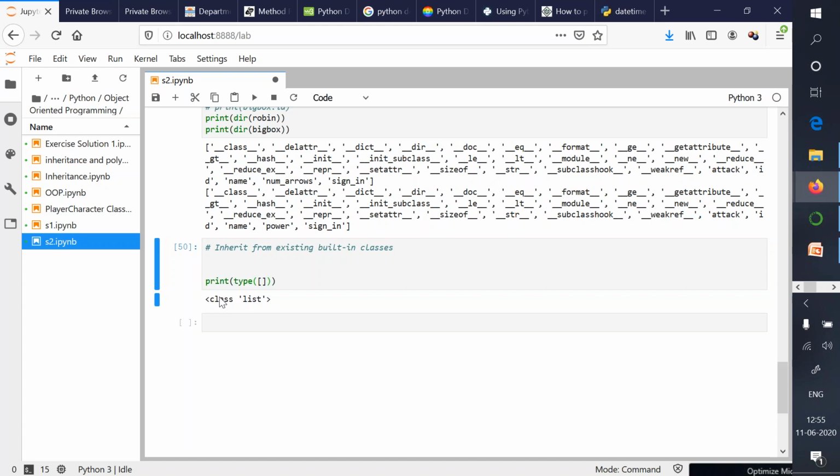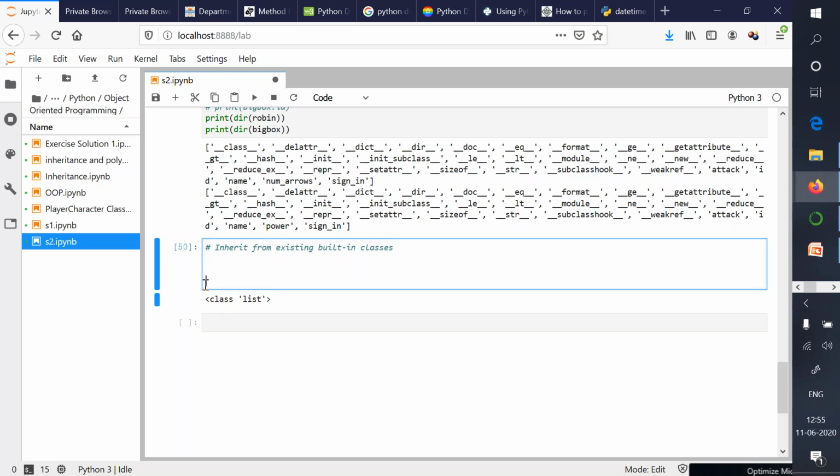In the first lecture, we used this statement. We displayed the type of various things. We displayed the type of list and tuple also, dictionary also, integer also, and the system said that all these are basically classes. So now what we are going to do here is we will try to derive our class from one of the existing built-in classes, and let that class be list.